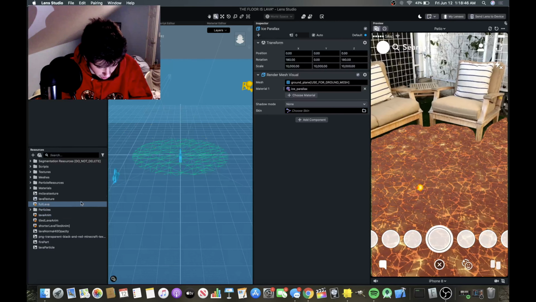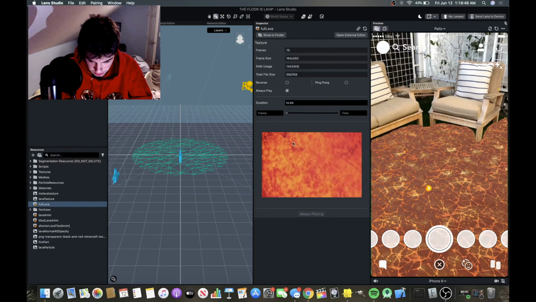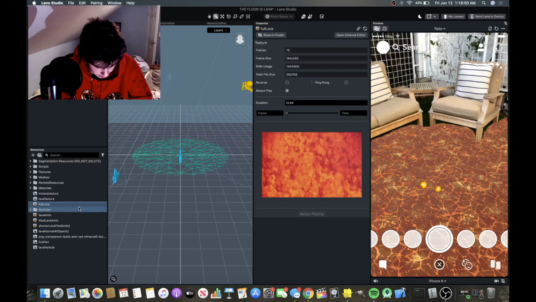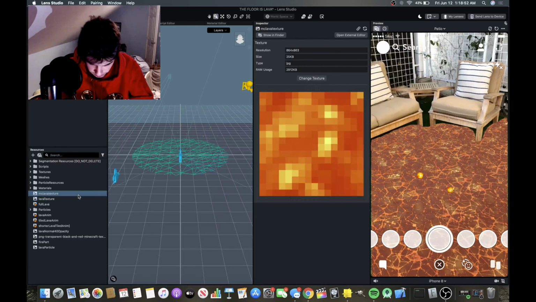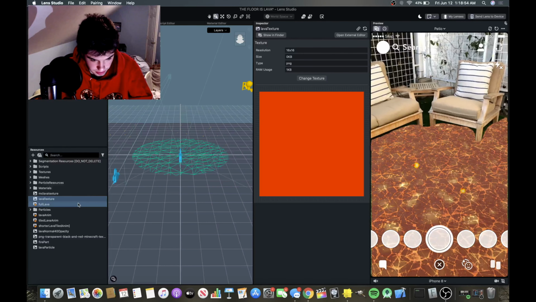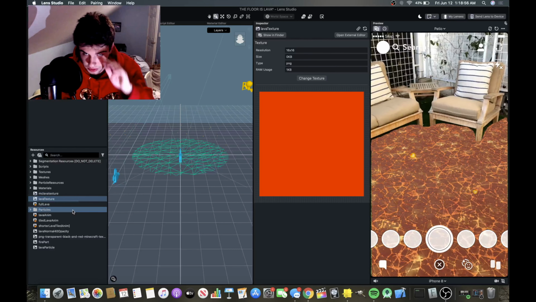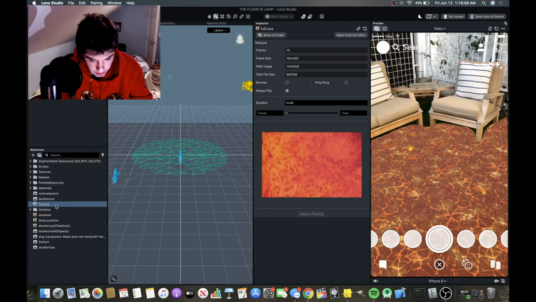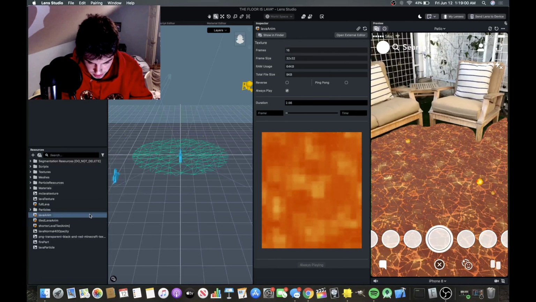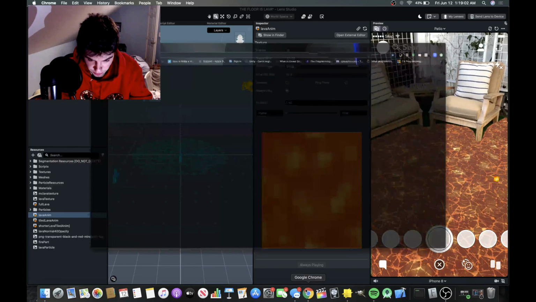All I did was grab some textures. I made some of these textures myself. Like, I found this one online, I made this one, but we only use two of them. So I took a lot of stuff. It's just a lot of experimenting. So I grabbed this one from literally